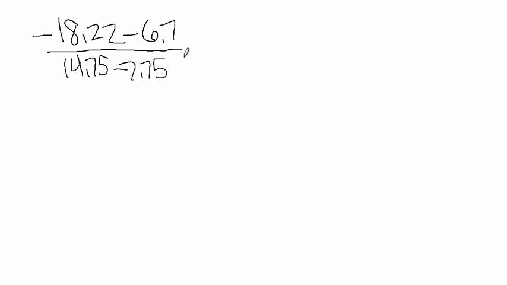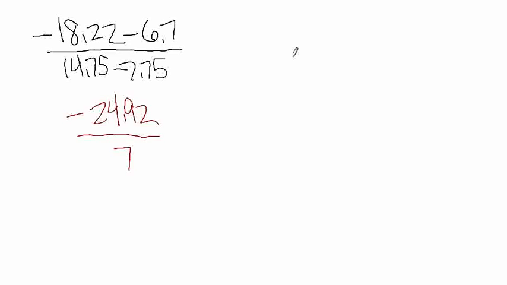So first I will simplify the numerator because I'm subtracting a positive number from a negative. That's equivalent to finding the negation of the sum of two positives. So I get minus 24.92 for the top. And in the bottom, we have to do that difference, and that will give 7, an integer. All right,